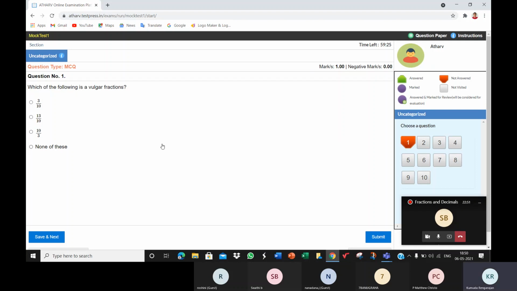give your options. Now what you have to do is, now see this, which of the following is a vulgar fraction? Which of the following is a vulgar fraction? Now for this there are 3 options. If you have to work something, you will have to work it in your book. See, everything cannot be just worked in the mind and answered. Sometimes if you have to work and come to the correct answer, then you will have to work it in your book and then select the correct option here.